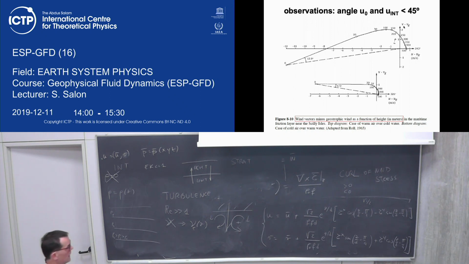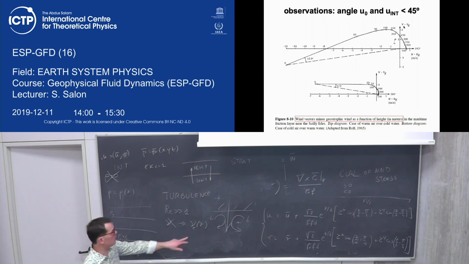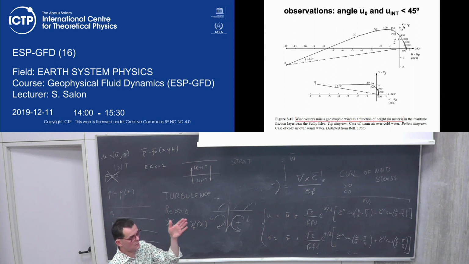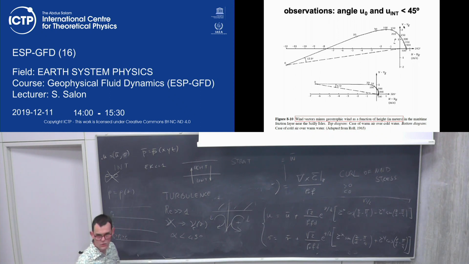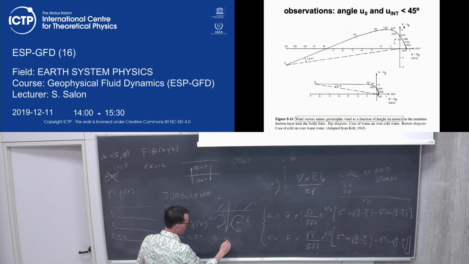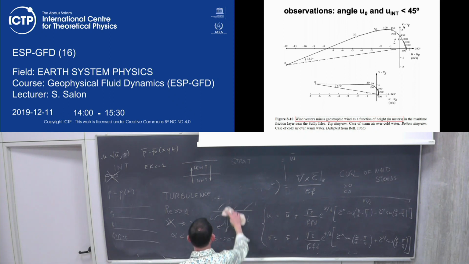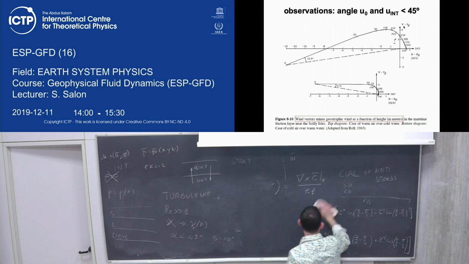In any case, there are examples in the literature of people who actually solved the Ekman layer with a specific form of the eddy viscosity. And what happened is that the angle between the wind stress and the surface current is smaller than 45 degrees, between 5 and 20 degrees. And the other thing that we can say is about the Ekman depth D,